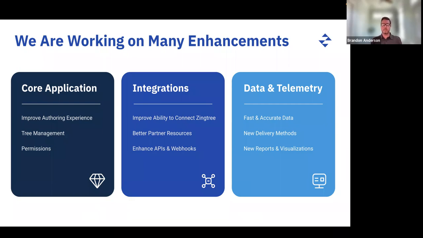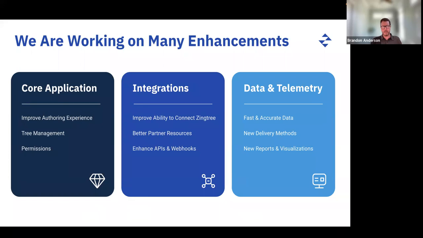A couple of the things that I want to call out here are on the slide. So what you've seen with the new authoring, we're going to continue to enhance the user experience. We're going to continue to be focused on removing steps that it takes to create a tree, to add webhooks, to build out your variables. All of those are in our scope of what we're looking at and tackling. So our Dante and our user experience team, our product managers are focused on working through some of the enhancements that we're going to be bringing forth over the course of the next couple of quarters. So very exciting to see this new authoring as a base, but it's going to continue to accelerate with more tools and better capabilities and more efficiency.